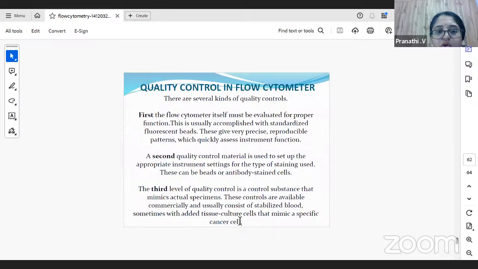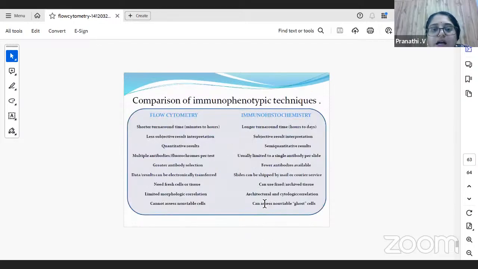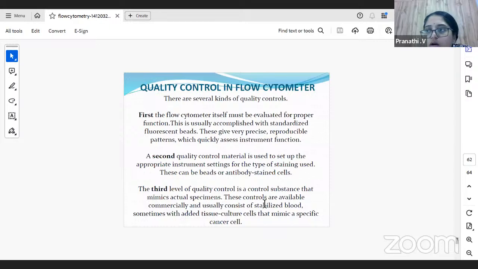So again, quality control, you have quite a lot of quality control that you have to do over here. You have fluorescent beads that are used for quality control. Second quality control is the setting of the instrument, what kind of stains, beads or antibody stain cells you're going to use. Third is the level of quality control or the control substance that's being used. So stabilized blood, and you have added tissue culture cells. If you're suspecting a specific cancer, then you're going to use a tissue culture specific cell so that it